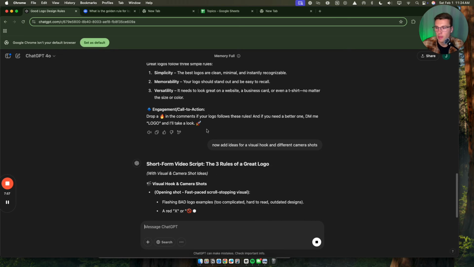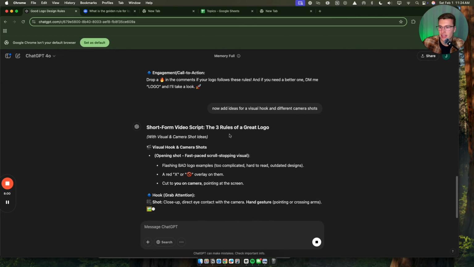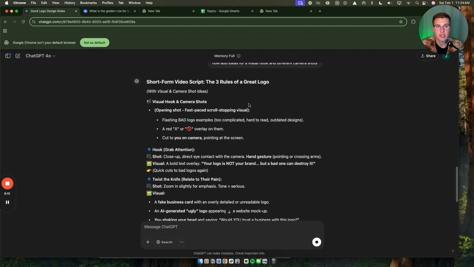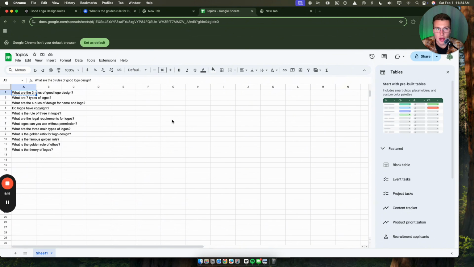Now it's going to give me visual hooks and camera shots, just a bunch of different ideas. You can tweak it, you can work with it as you go, but I think this prompt is going to help you a lot to figure out different subjects to write videos about. Like I said, build these out, create your spreadsheet, add the camera shots, add a column for views, likes, comments, so we can track the metrics so we know which videos are performing. And when something starts to perform good, run with it. Create things that are similar to that content.